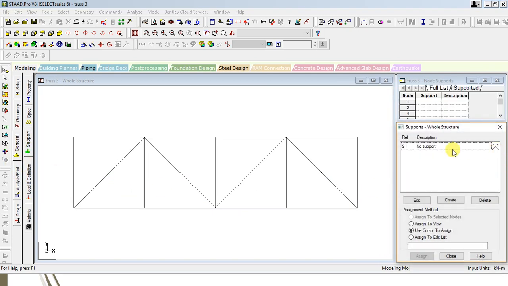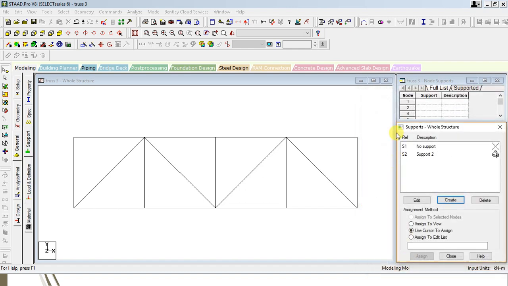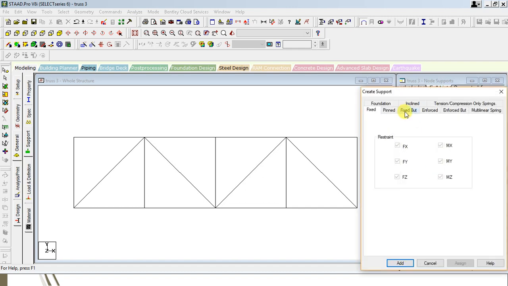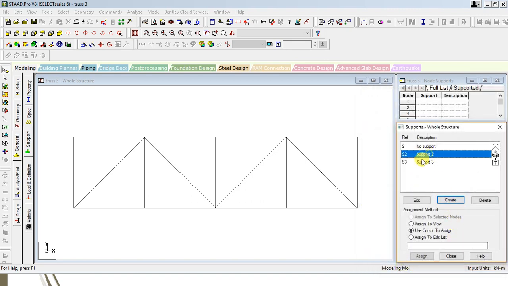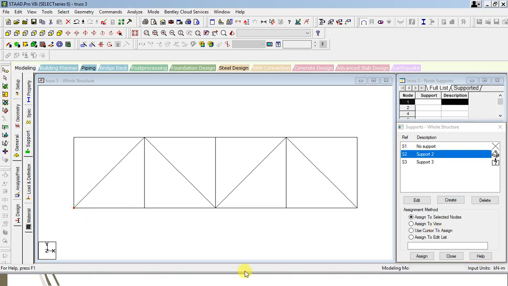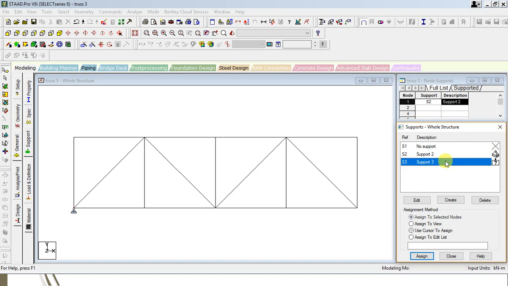Next is support. Add this pin support, then add this fixed part, fix and set movement, add that support. Now use the cursor to assign, select this node, assign, then the roller support,